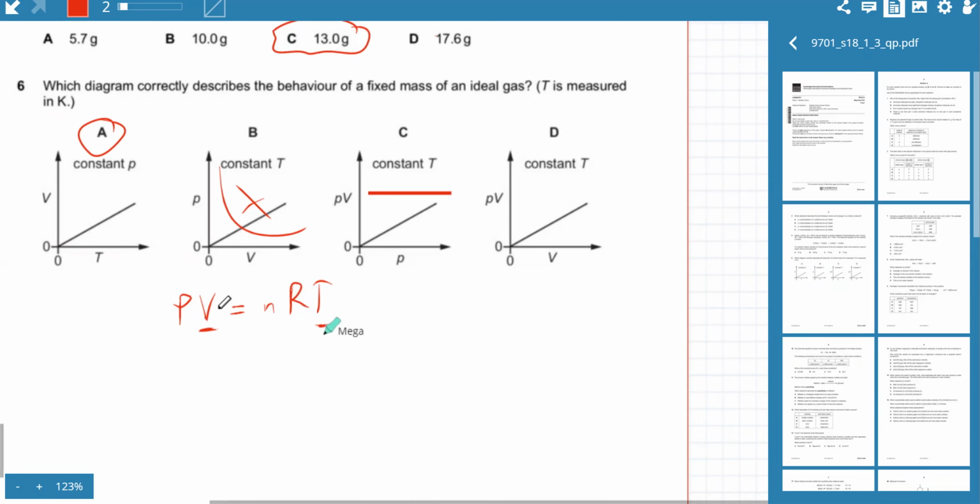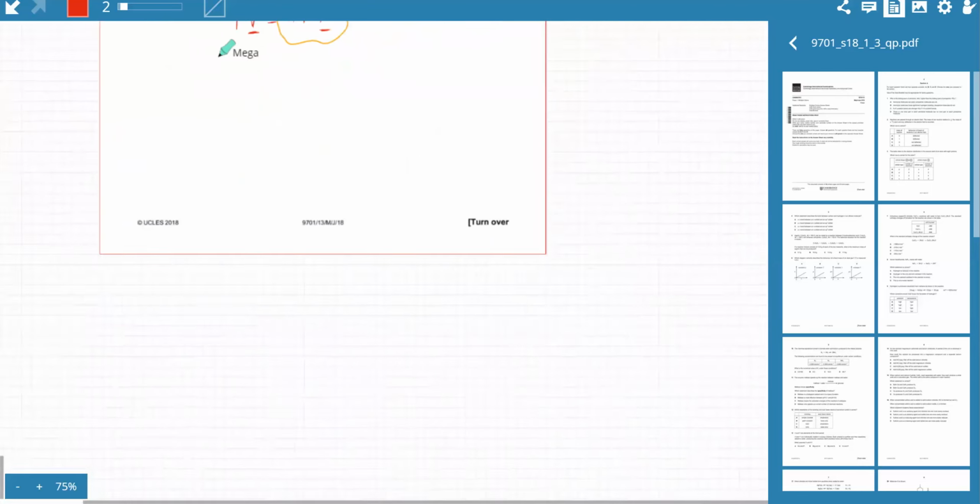And PV versus V would also be a constant, because if n, R, T are constant, then PV would always be a constant. So if you're keeping the temperature constant, the mass of the gas is constant, which means the moles are constant. So PV would always be a constant. So it's going to be a straight line. So C and D are also incorrect. So only A is the one that's correct. And so then the next page is